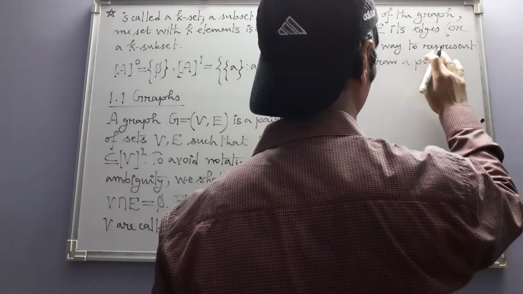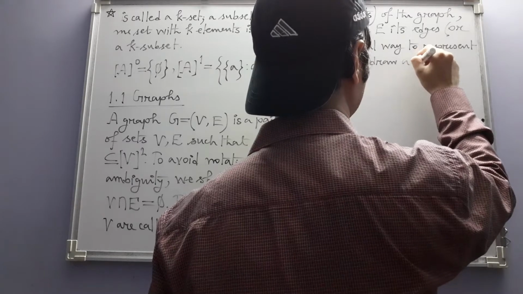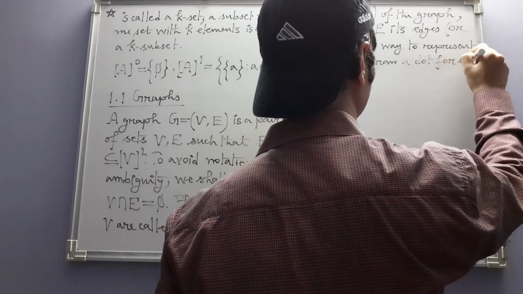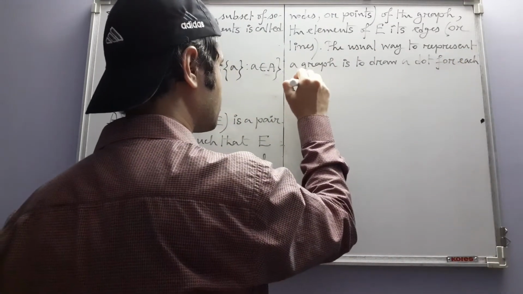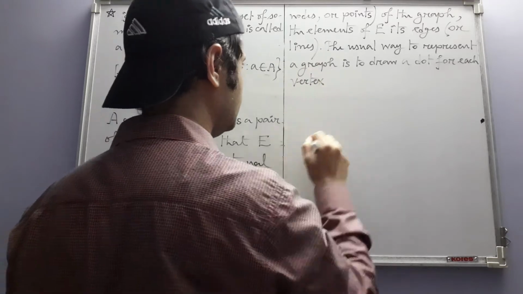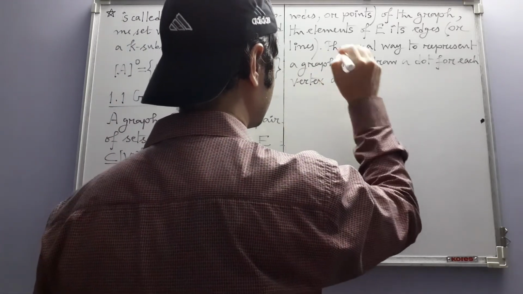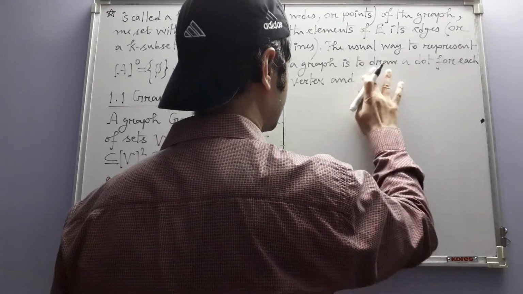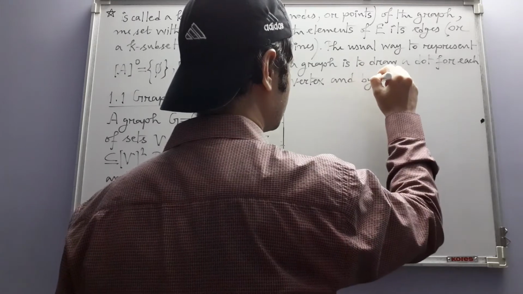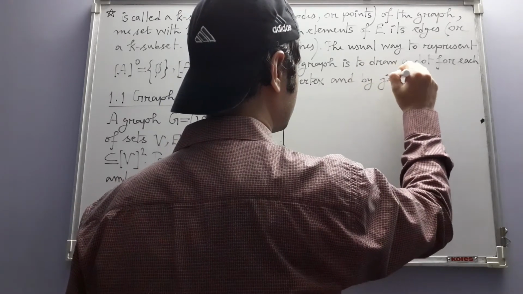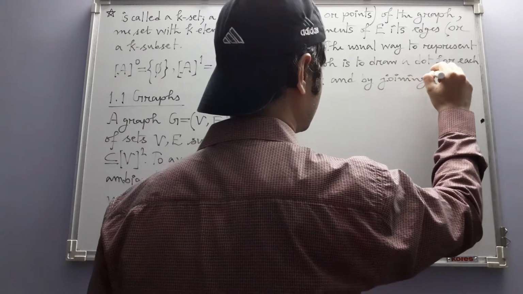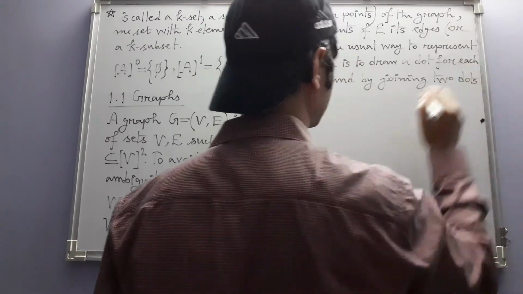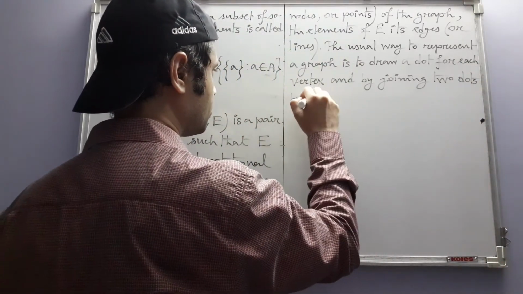A point or a dot for each vertex, and by joining two dots by a line